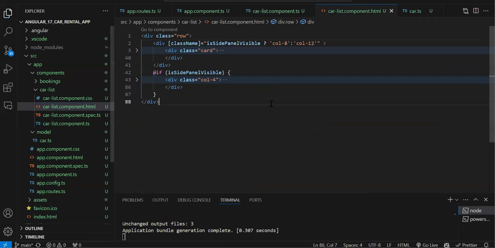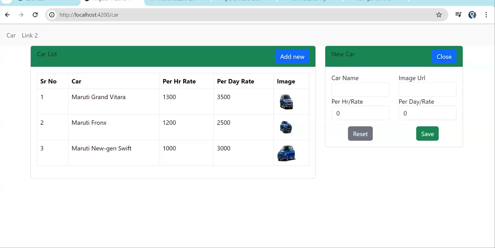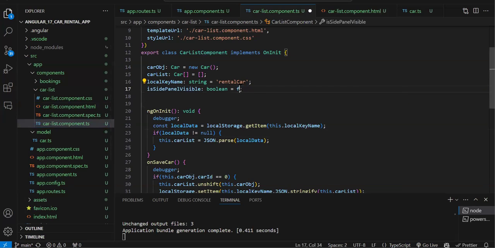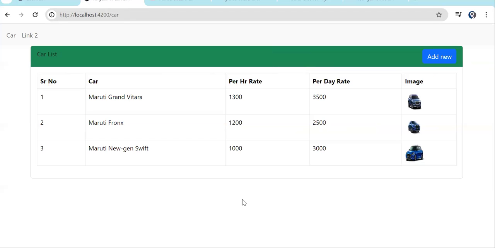Let's check if something is working. Currently, both of these are visible. And if we change the value to false, yeah, okay. So if the side panel is visible, now that same thing, we have to just do that variable change